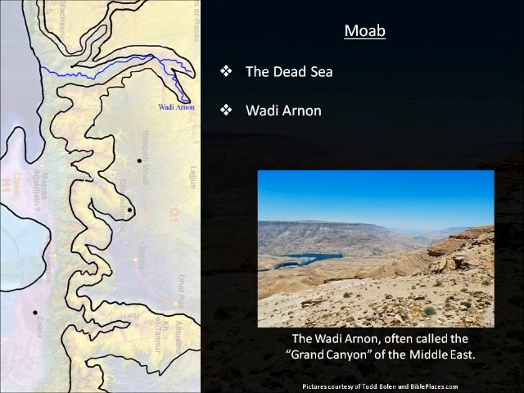Alright, and so our next body of water, and you should remember this from our previous map, is the Wadi Arnon. And again, you notice it makes kind of a split there, and then it comes together into a single river as it goes down into the canyon. And if you don't believe me when I say canyon, just check out the picture on the slide. In fact, many people have called this area the Grand Canyon of the Middle East, and it is quite an imposing barrier to try to cross.